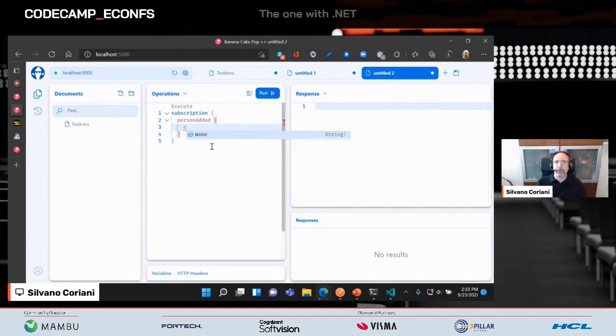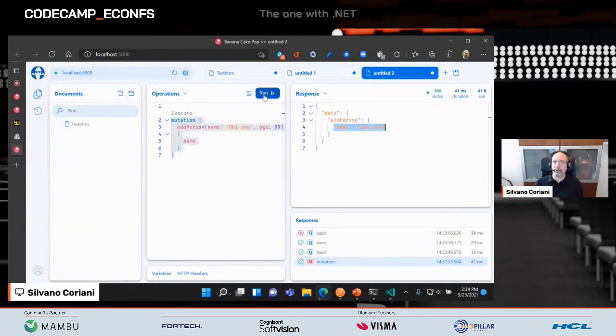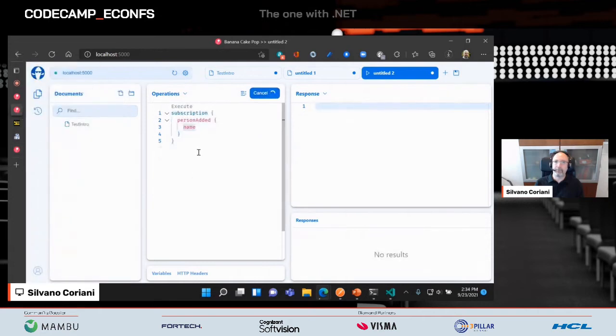What we want to understand is the name of the person that has been added, right? So when I'm executing a subscription, the client is waiting for that person to get created. So if we go back to our mutation, let's execute a mutation here, and in the other,